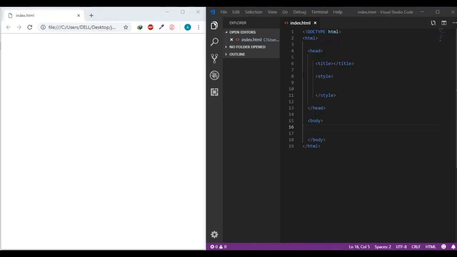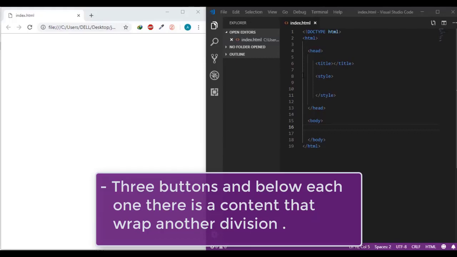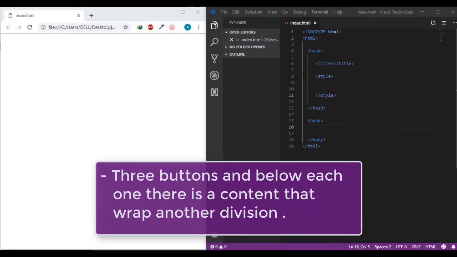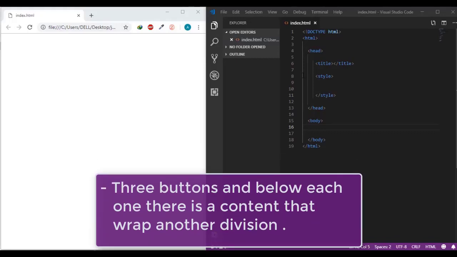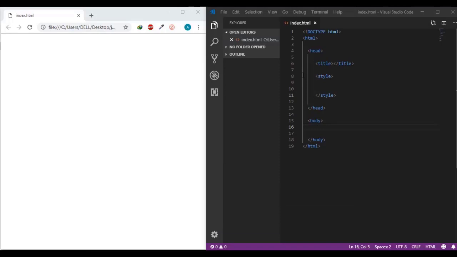So the structure of this exercise is just 3 buttons, and below each one there is a division, and each division wraps another division. So the structure is not that complicated, but maybe the styling will take time. So let's get started. I will make a division to wrap all the HTML code, and I will give it a class equal to wrap or wrapper,